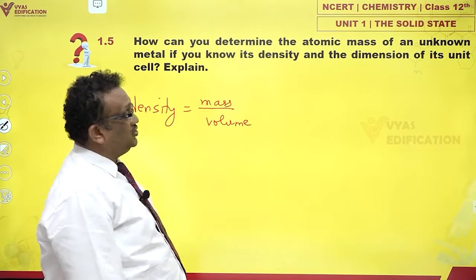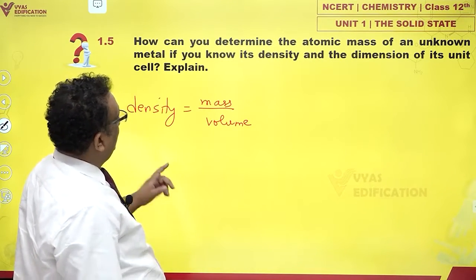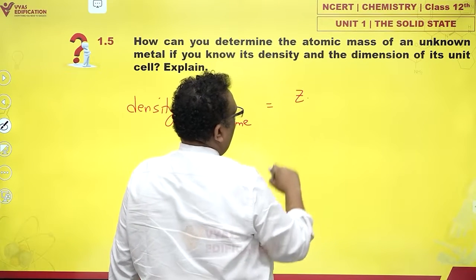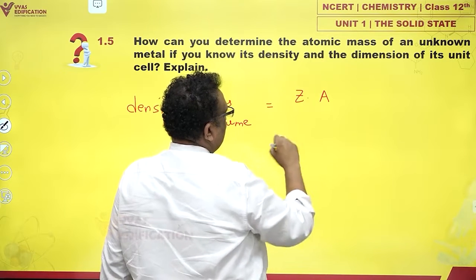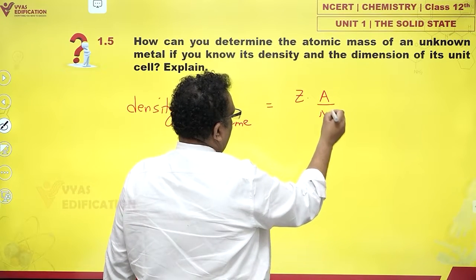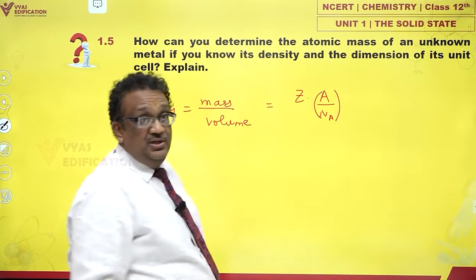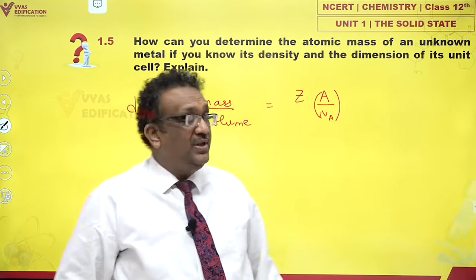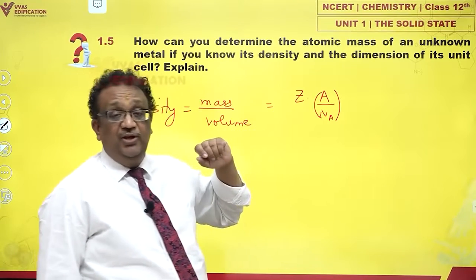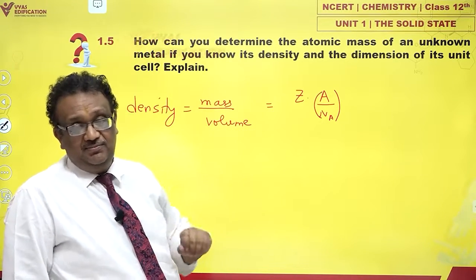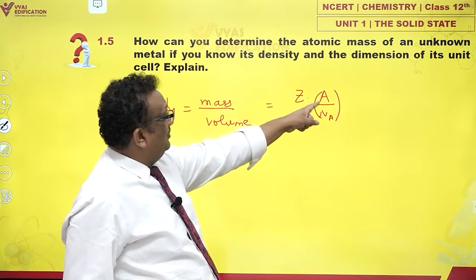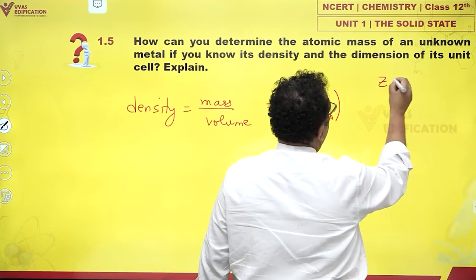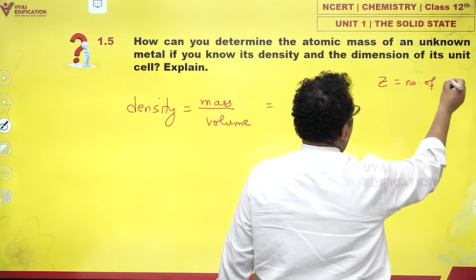Now, what is the mass of a unit cell? Mass of unit cell would be, we say, Z into atomic mass by Na. What is this? Atomic mass is the mass of 1 mole of atoms. So divided by Na would give you the mass of a single atom. So this is the mass of a single atom, and Z is the number of atoms